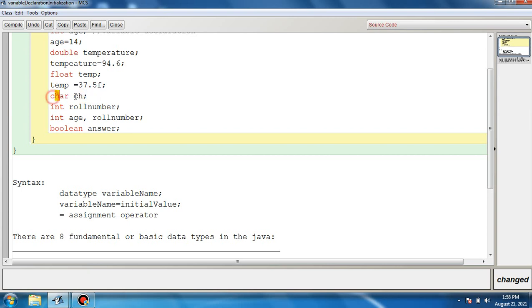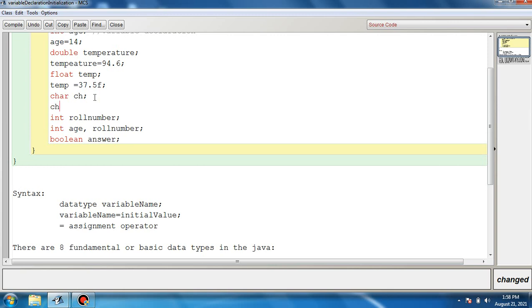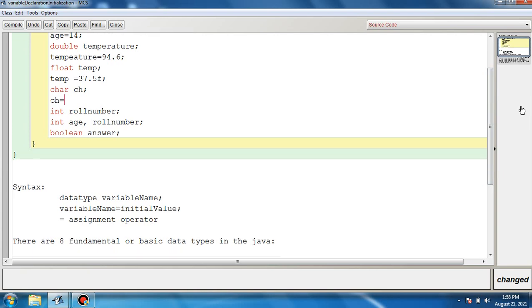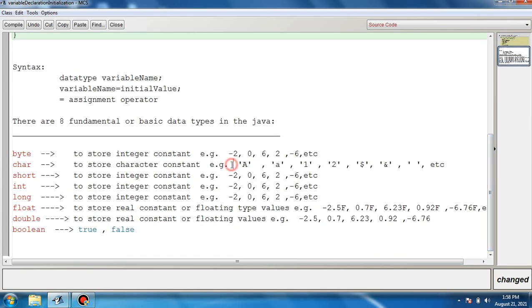Similarly, we can assign the value to this character type of variable. This is the variable that we have declared. So ch is equal to, and remember this: while discussing the char data type, I have told you that these are character type of values, or you can say character constants, and if you want to store such kind of values, we have to declare a char type of variable.